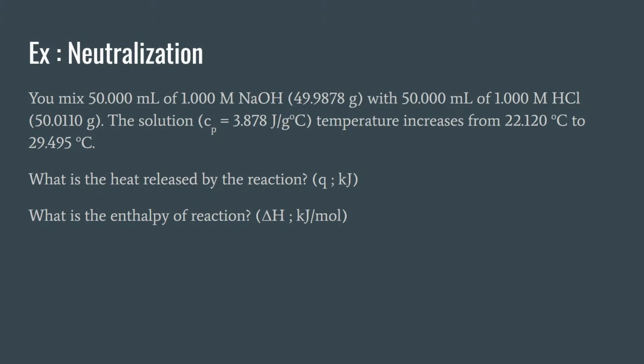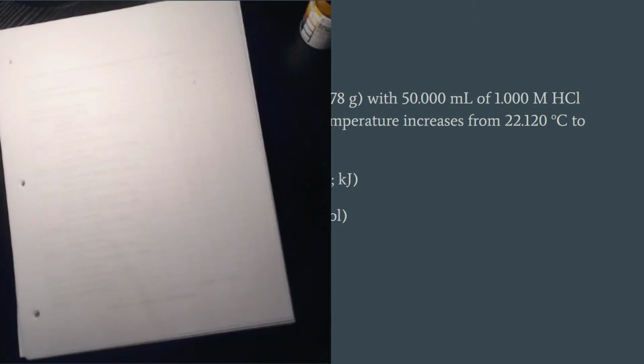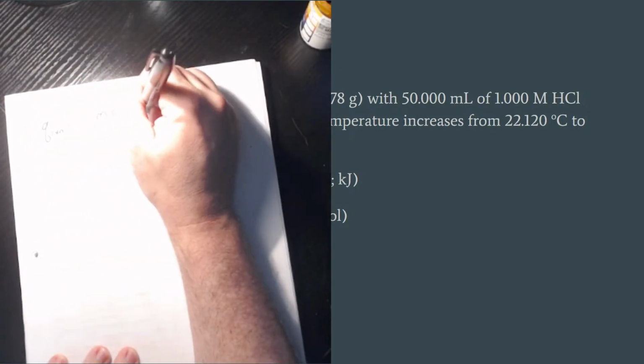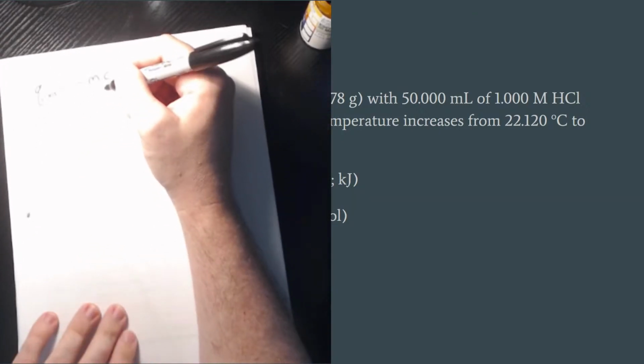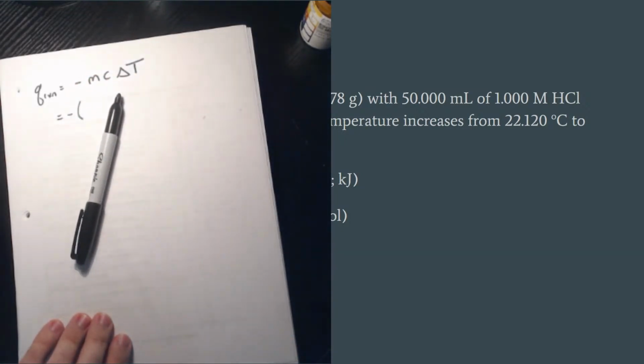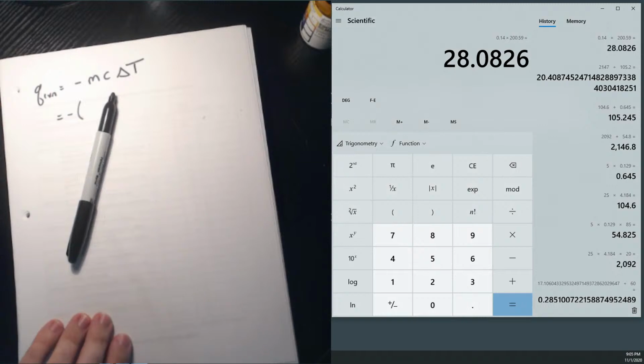So our 50 mils of sodium hydroxide and 50 mils of hydrochloric acid. Because they're solutions, they're not exactly 50 grams, but they're close. And we have the specific heat capacity of our solution, and we have the temperature change of our solution. So Q is equal to negative mc delta T. So Q of the reaction is negative mc delta T, because we're measuring the water, but we care about the reaction. So negative, the mass of our reaction is the mass of those two things combined because we added them together, and that was